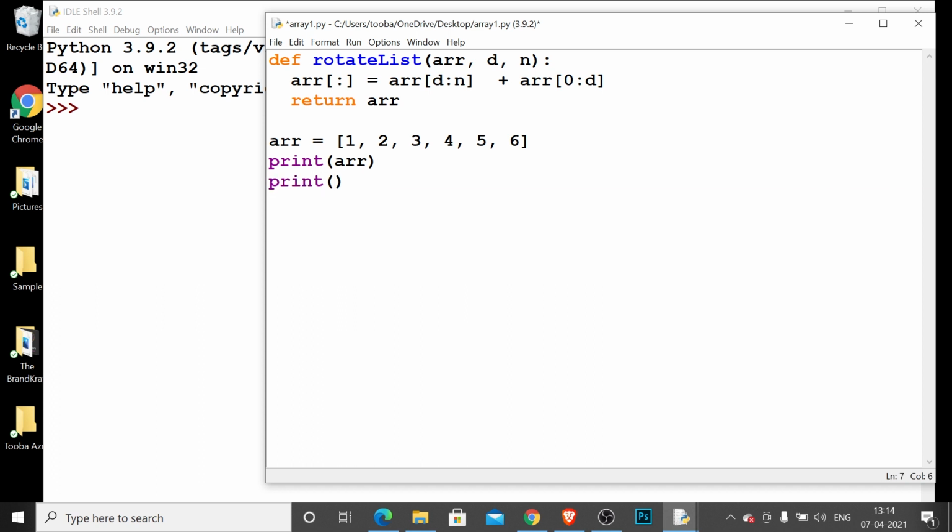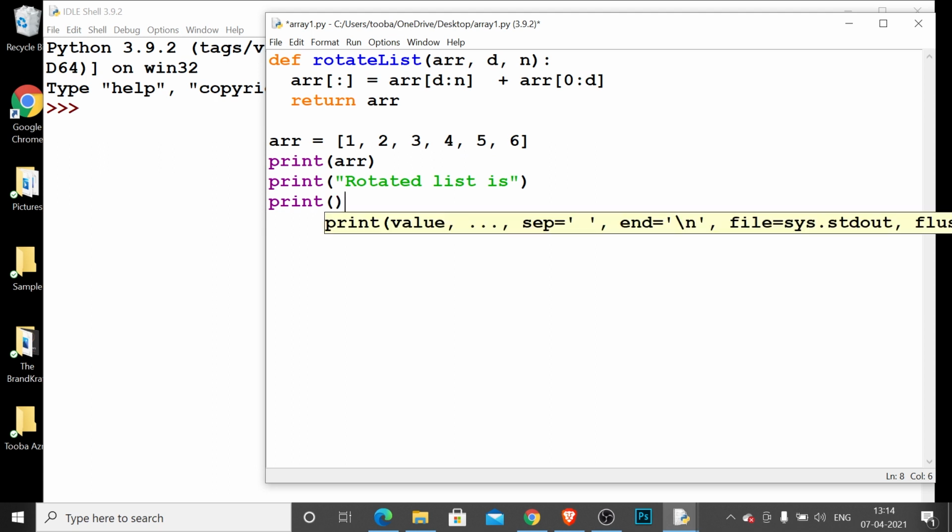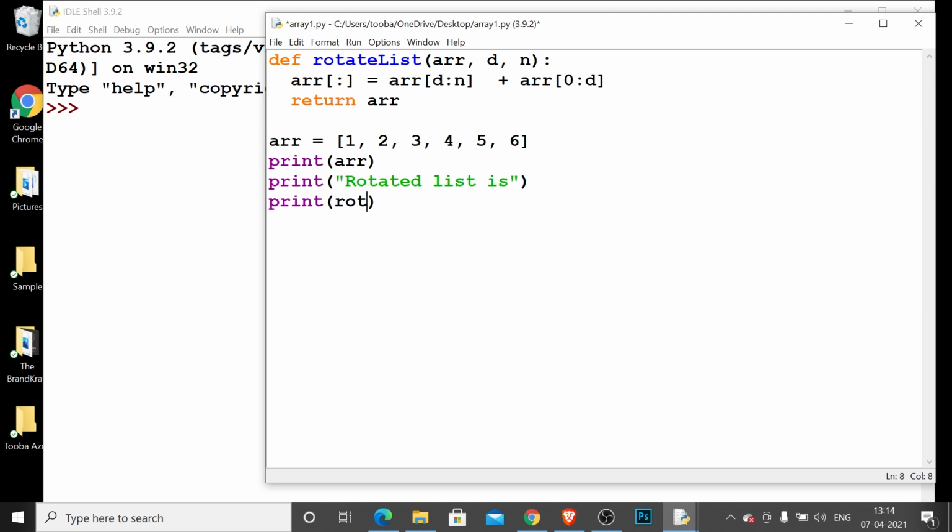"rotated list is". Next line, print(rotatedList